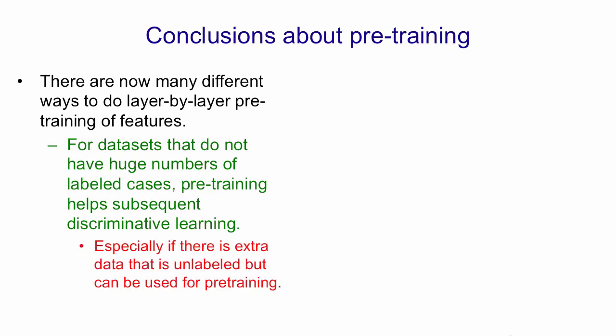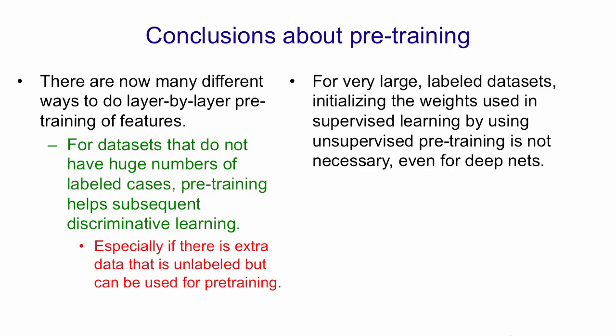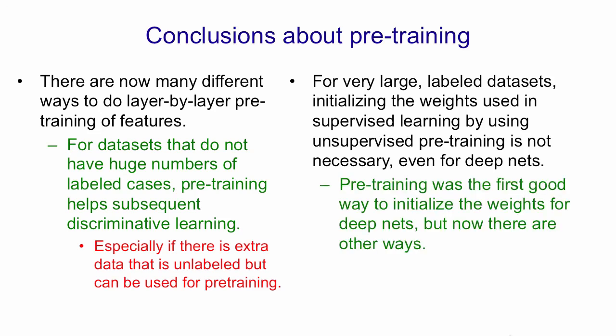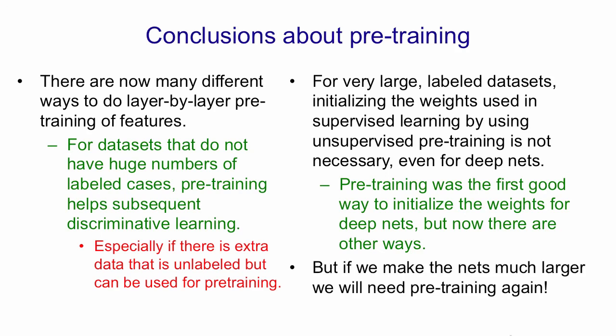It's especially useful if we have a lot of unlabeled data, so that the pre-training can do a very good job of discovering interesting features using a lot of data. For very large labeled datasets, however, initializing the weights that are going to be used for supervised learning by using unsupervised pre-training is not necessary, even if the nets are deep. Pre-training was the first good way to initialize the weights for deep nets, but now we have lots of other ways. However, even if we have a lot of labels, if we make the nets much larger again, we'll need